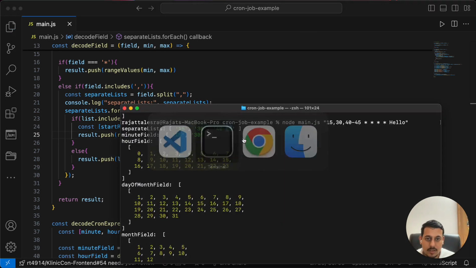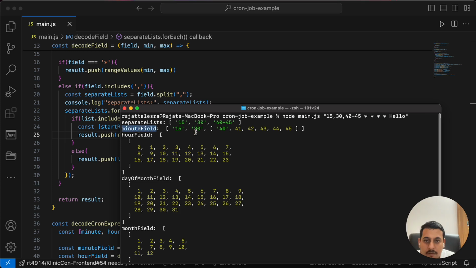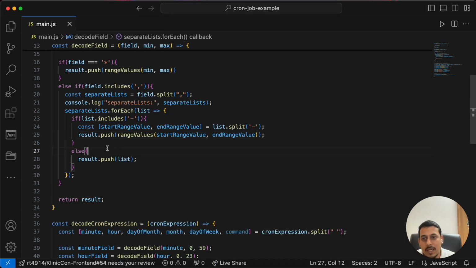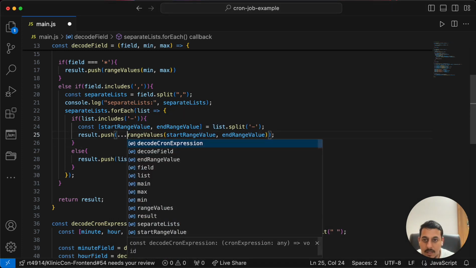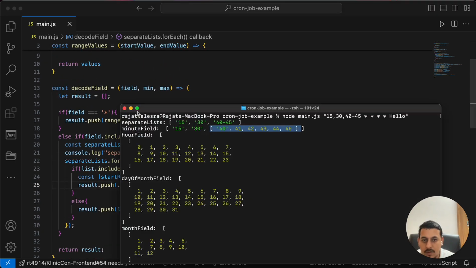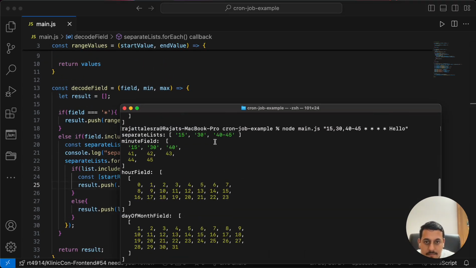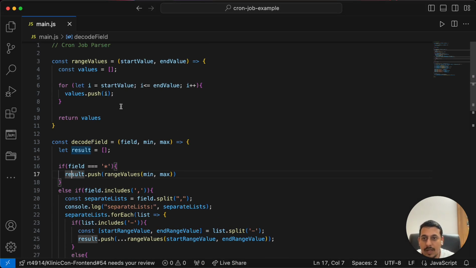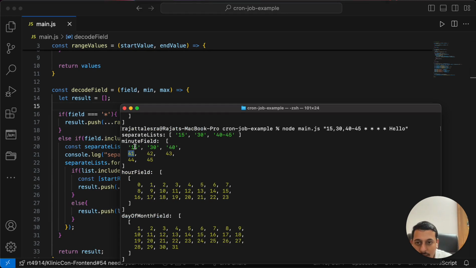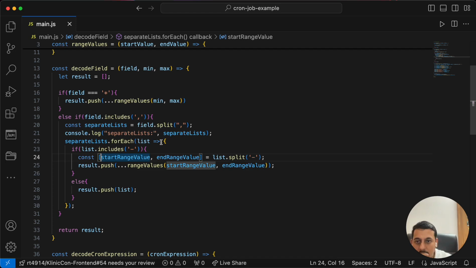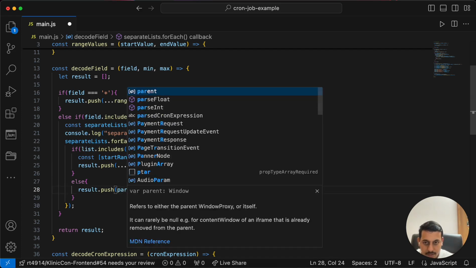Let's see our result. Clear. So for minute field, we have 15, 30, 40, 41, 42, 43, 44, but it is an array. So I think I'll have to flatten it. Maybe this should give us correct 40 to 45. Yes, this will flatten it, but okay, these are strings and these are numbers. So that's the difference. Okay, let's fix that. Which ones are strings? 15, 30, and 40 are strings, this list. So if it is this, I'll have to parseInt